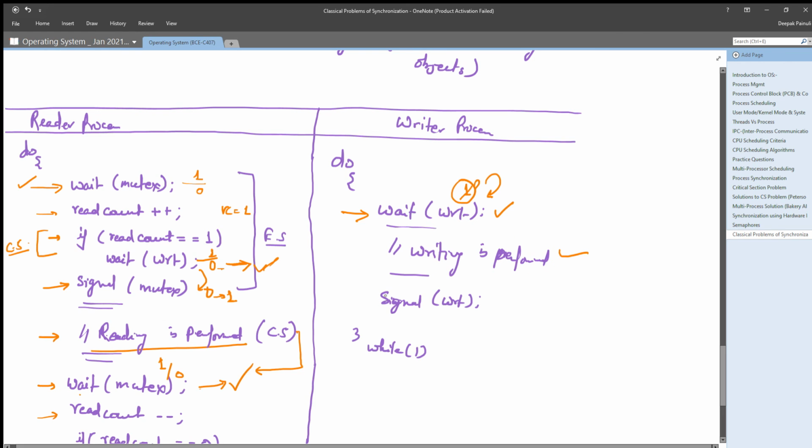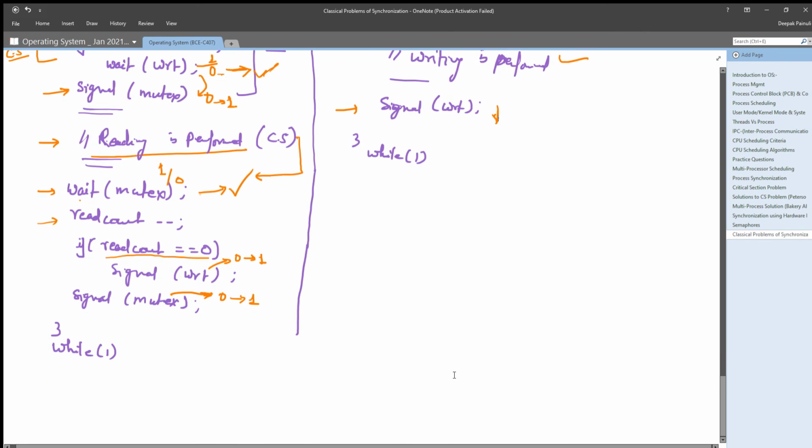After writing, it will increment the value of WRT, or signal the WRT, so that another waiting writer or waiting reader can read or write on that particular object. So by understanding this code, we can say that we are ensuring those conditions.